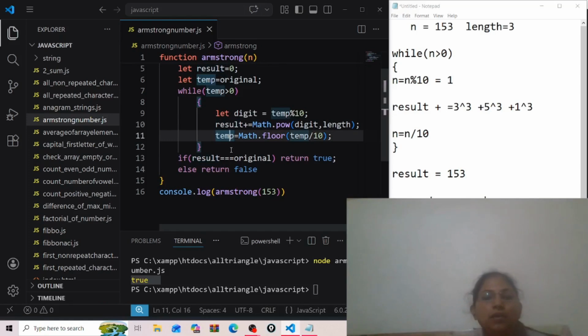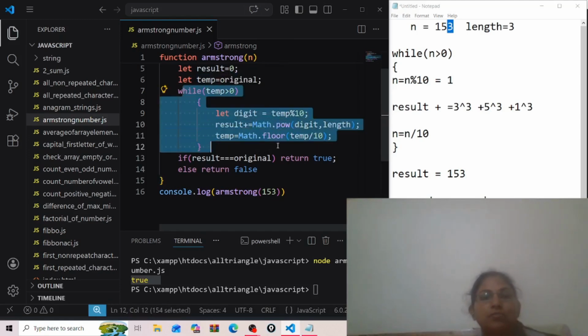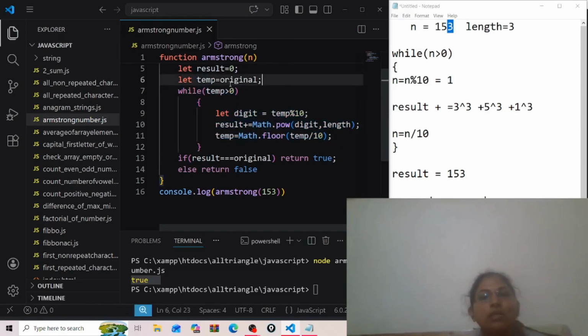At the same time we pass the remaining number, and the extracted digit we will not take again. The remaining number we find by division. We will continue this loop until temp is no longer greater than 0.